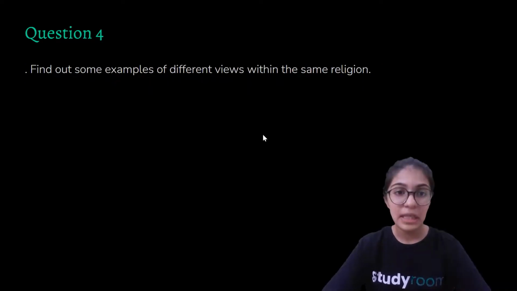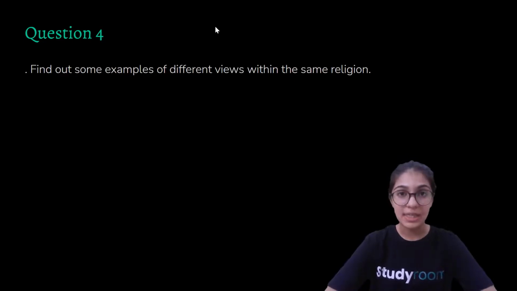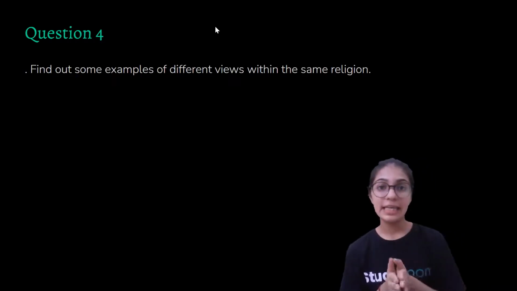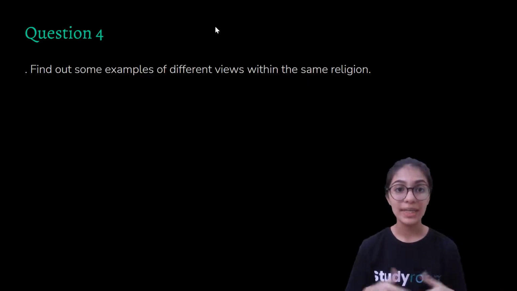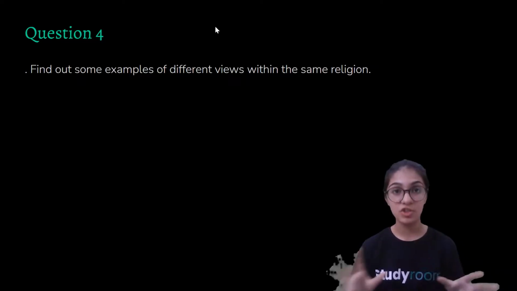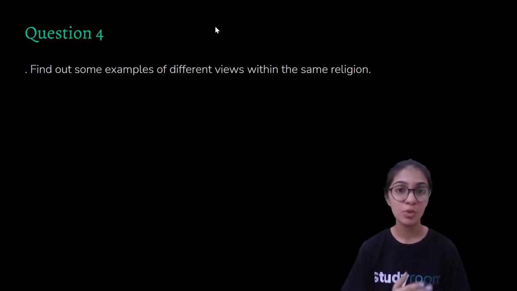So I would explain this statement, I would give examples which will easily make you understand how there could be different views in the same religious community. Alright, so let's take an example of the Hindu community. We all know that there are not one type of Hindu, there are many types of Hindu. There could be Baniyas, there could be Punjabis, and both of the two although belong to the same Hindu religion,